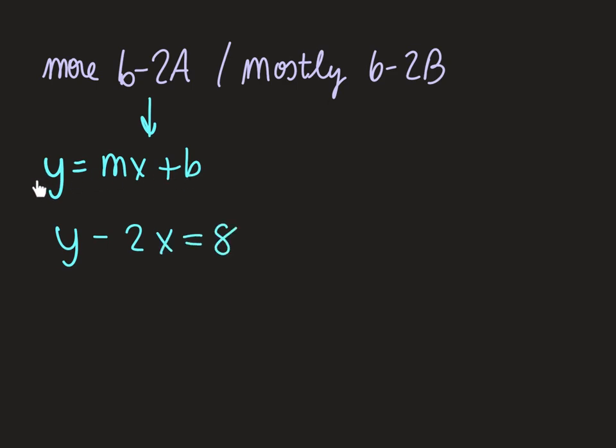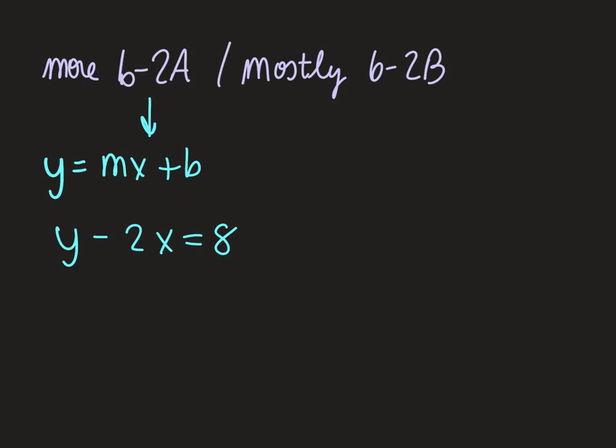it's not in the right order. The 2x is on the left side of the equal sign, but the 2x is supposed to be over here on the right side of the equal sign. So we're just going to move it over. You can think of this two ways. You can either think plus 2x,